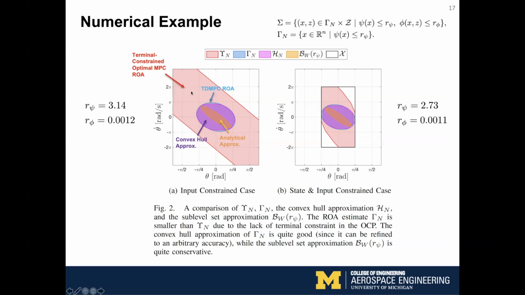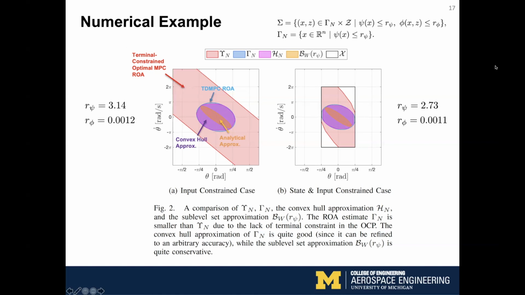And then compared to our time distributed model predictive control region of attraction. And these purple and orange sets are essentially inner approximations of this region of attraction. So you'll notice in both cases that we have some conservatism in our region of attraction estimate of the time distributed model predictive control region. And this is mainly due to the fact that we don't enforce a terminal constraint in our MPC strategy, because it's difficult to enforce a terminal constraint when you're only doing a limited amount of iterations, since many optimization algorithms can only guarantee enforcing this constraint when you're done the optimization procedure.